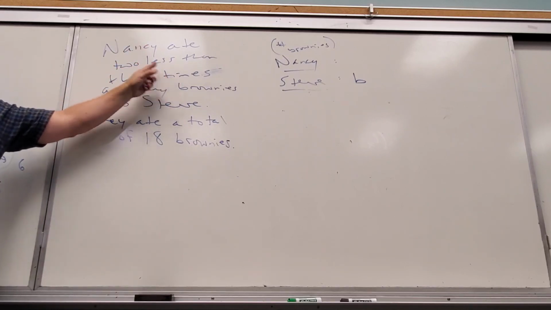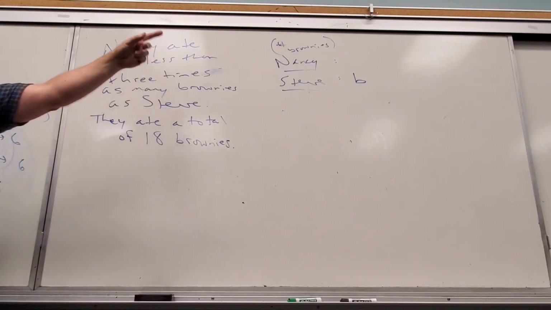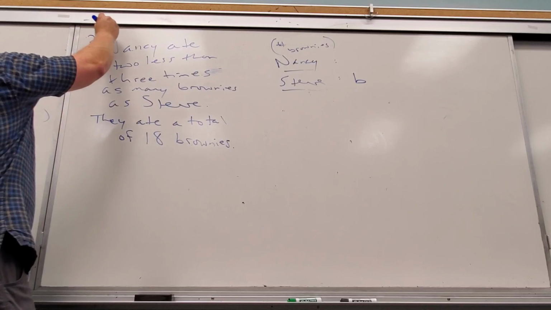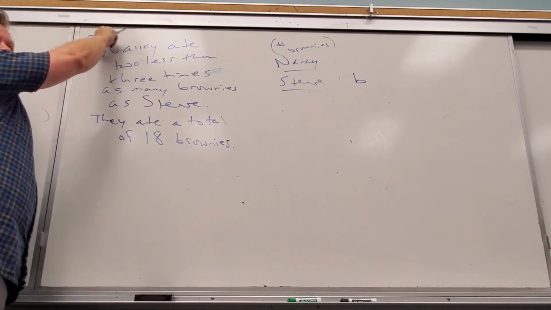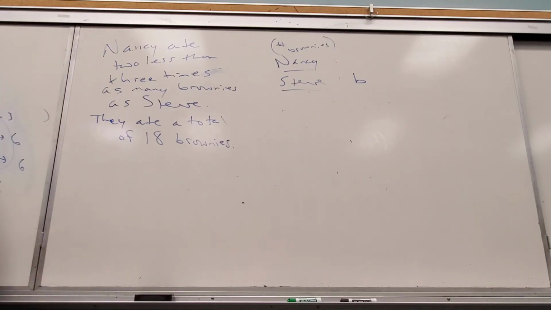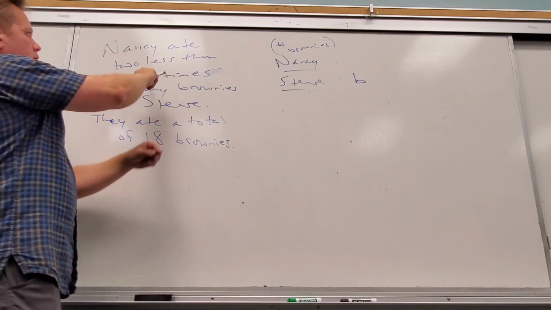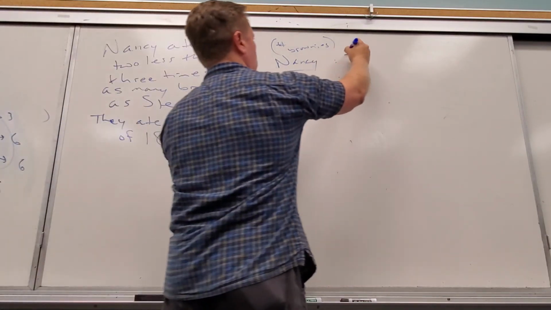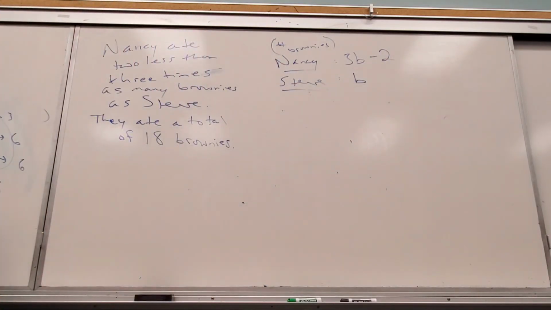3B. You don't have to use a B, you can use an X. 3B minus 2. Remember, "2 less than" is tricky. "2 is less than" is an inequality. "2 less than" is subtraction, but you have to turn it around. It's the only phrase where you have to turn it around. 2 less than 3 times Steve's is 3 times Steve's minus 2. When you do it the wrong way,